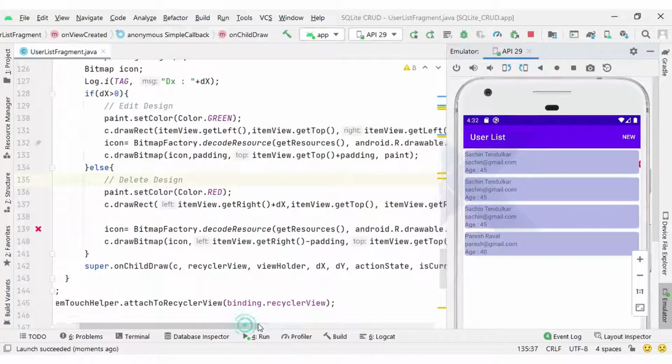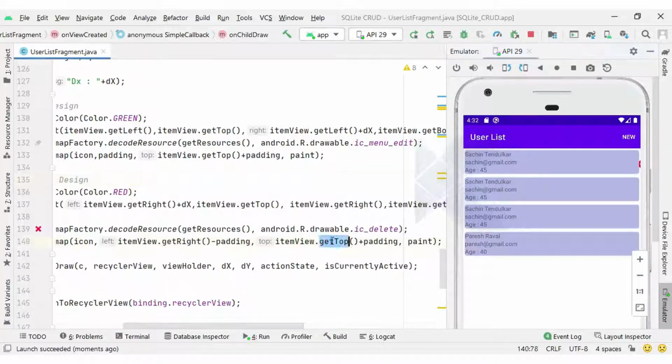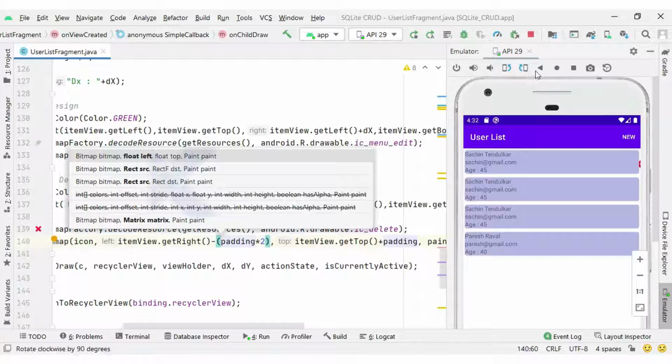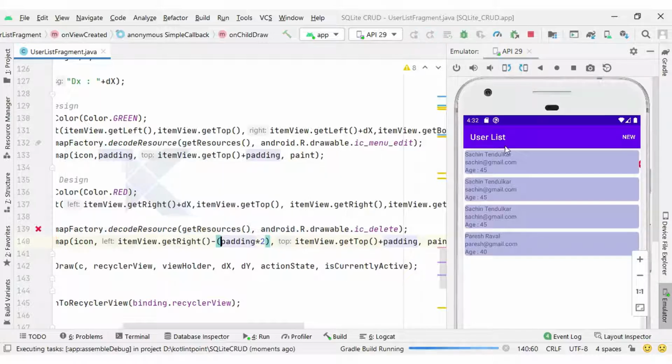So you can see here getTop plus padding is okay, but here getRight minus padding into 2. Okay, so I will multiply the padding by 2, and now on the right hand side we can see the icon.